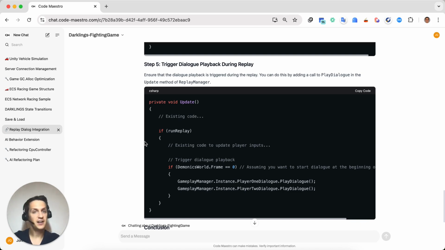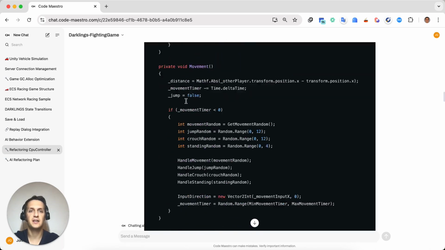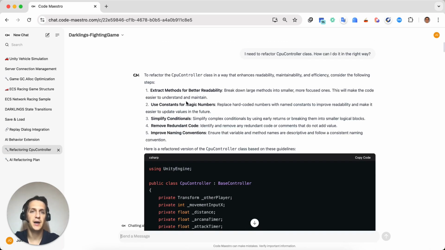Finally, let's take a look at another example. Let's talk about refactoring tasks. I might be assigned by my technical lead to do some refactoring and optimization for a particular class. So I picked up the CPU controller class and asked how do I proceed with my optimization. So what Code Maestro did, given all the access it has both to the repository with that class implementation and